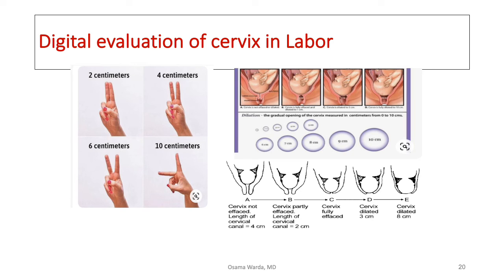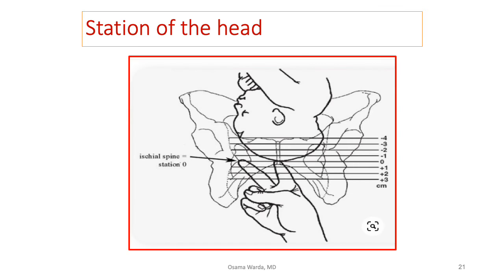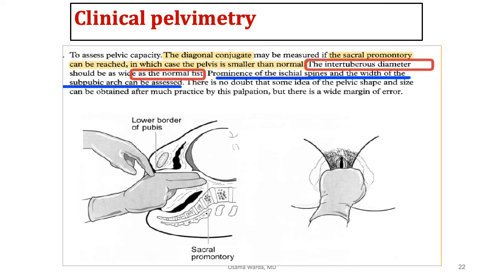We may use vaginal examination to evaluate the cervical consistency, effacement, and dilation during the process of labor. We may use it to evaluate the station of the fetal head in relation to the ischial spine, as shown in this picture. We may use it for evaluation of the diagonal conjugate, for evaluation of the pelvic inlet capacity. If the sacral promontory is felt, it is a short diagonal conjugate. In your right hand, as this picture shows, measure the diagonal conjugate, directing the index and the middle finger toward the sacral promontory, and measuring the distance from the tip of your finger to the